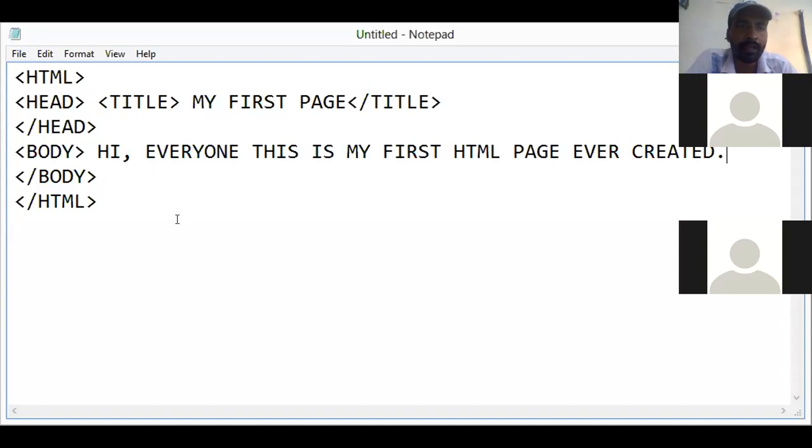Sir, are title and head different or the same? No, title and head are different. Title means to display on the title bar. If you want to display something on the title bar, you can see on top of the window, "Untitled" is written. This is the title bar. If you want to display something there, that is done through the title tag. But if you write something inside the head tag, then that is the text on top of the page. So inside the head tag, the title tag also comes.